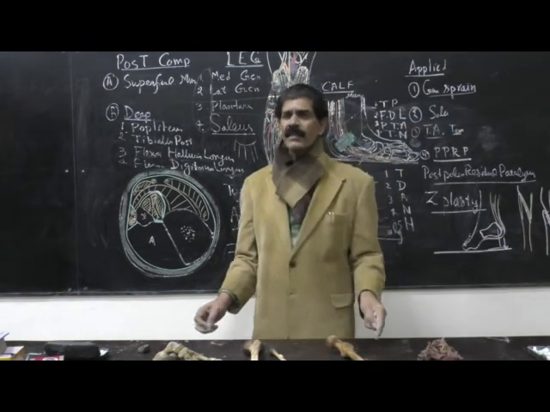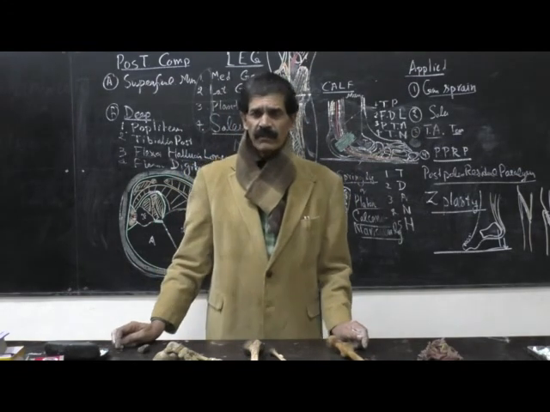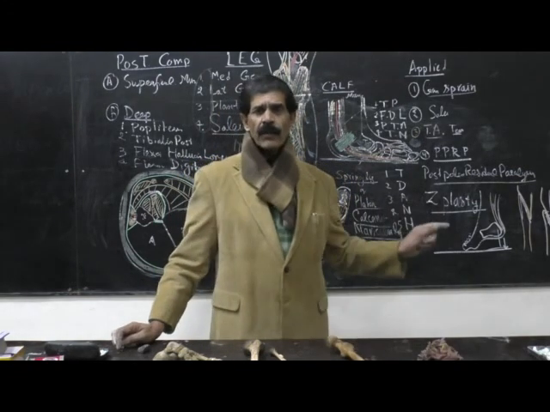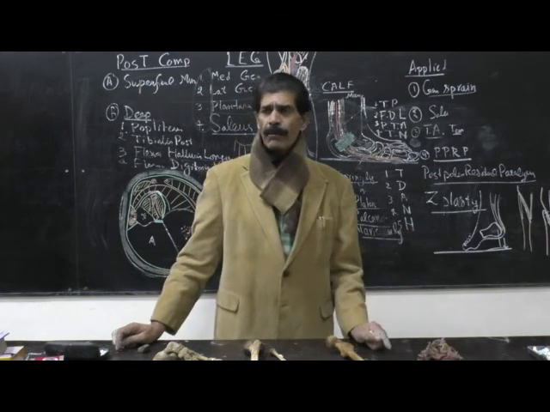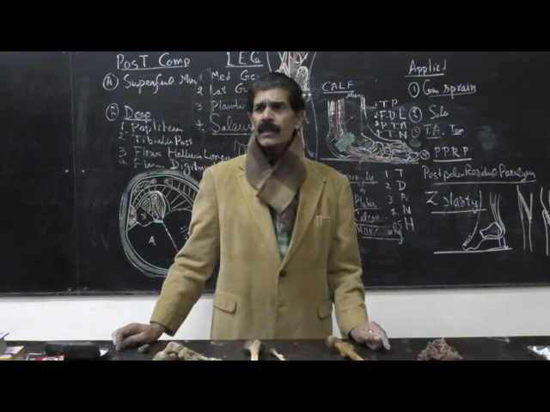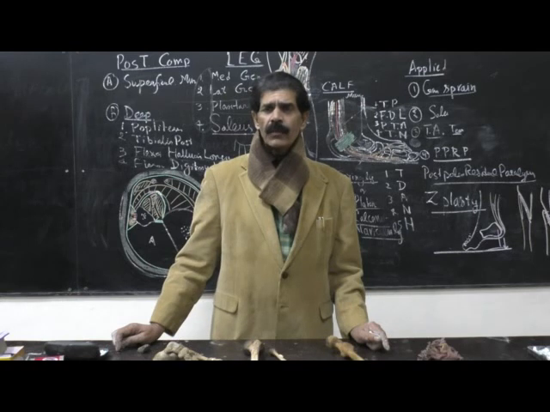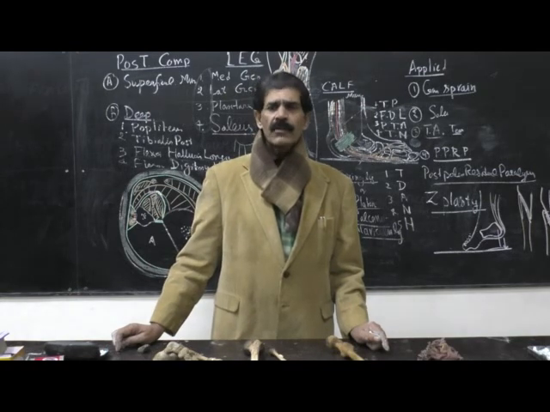So this is called the Z-plasty, or what is called the TA lengthening operation. TA, tendo-Achilles lengthening operation. So that is to be done in the case of the post-polio residual paralysis patients. So at least they can walk with the help of the support with the clippers. So that's all about the compartments of the leg.